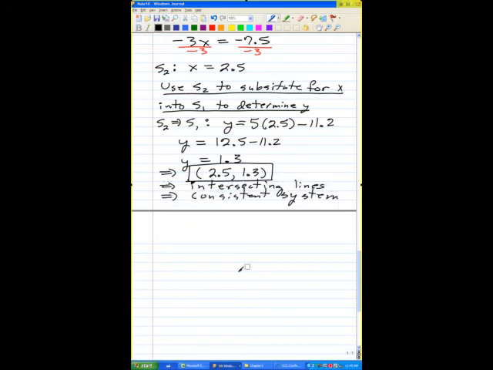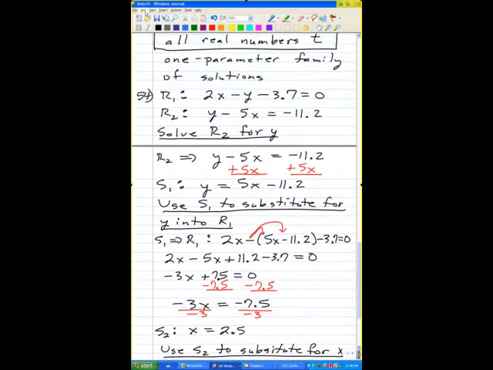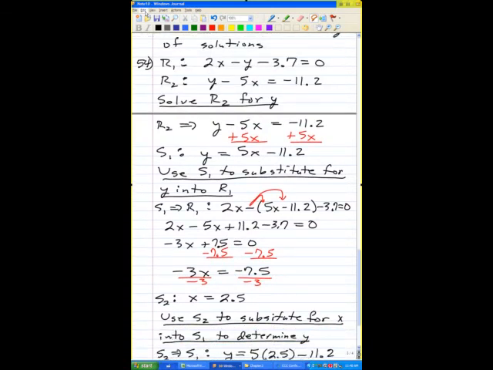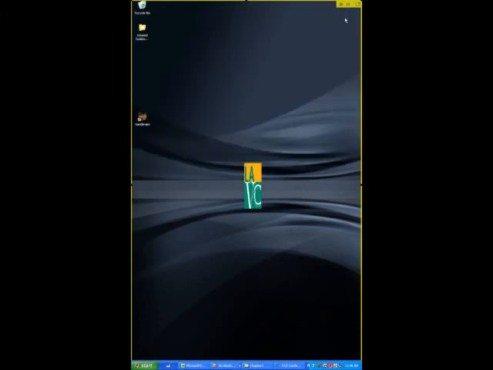Okay, so that really finishes off section 11.2. Let me go on to